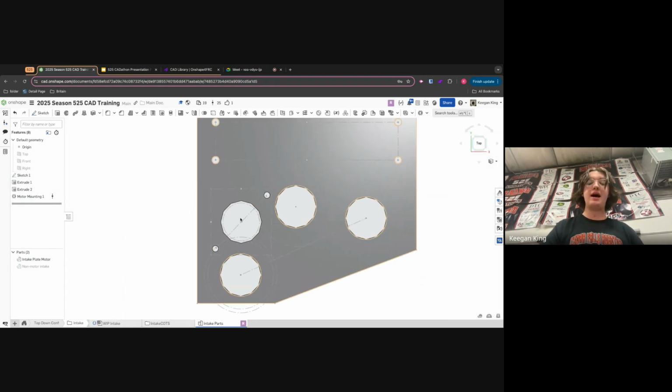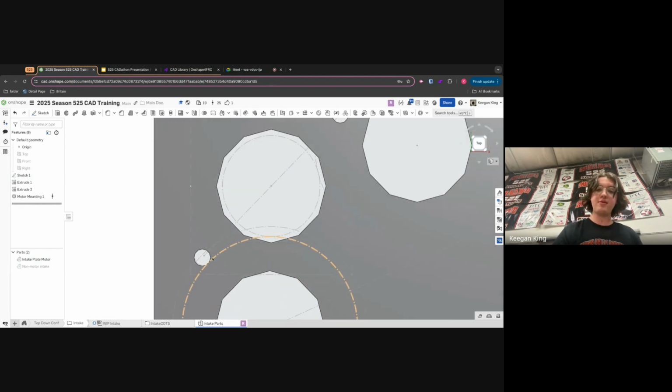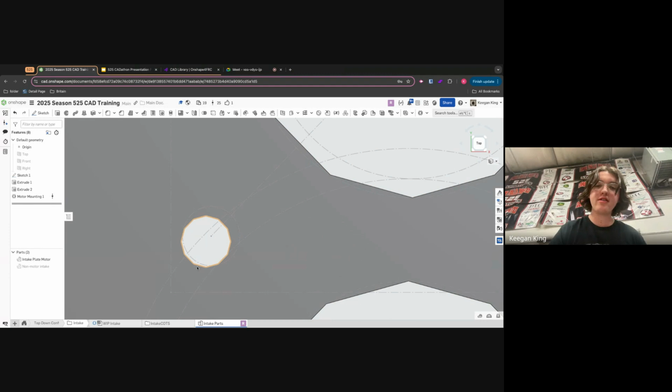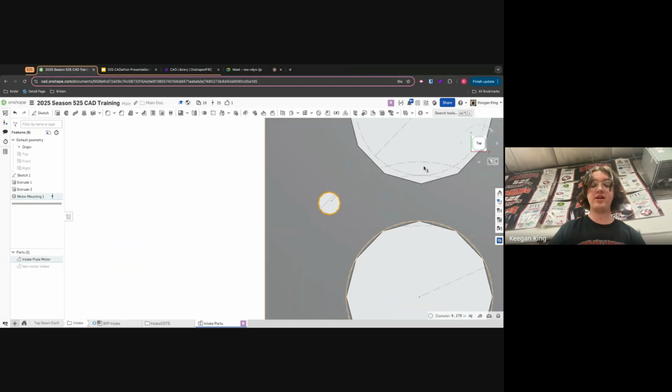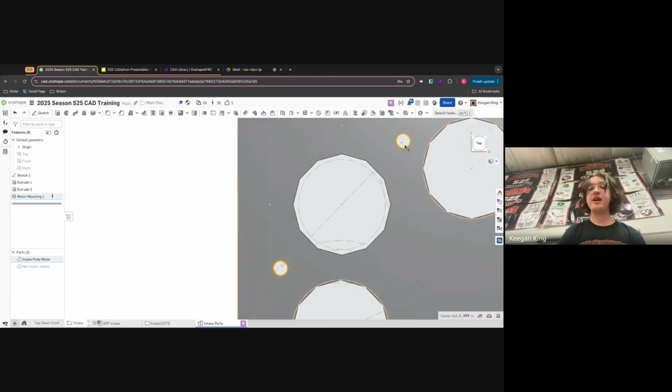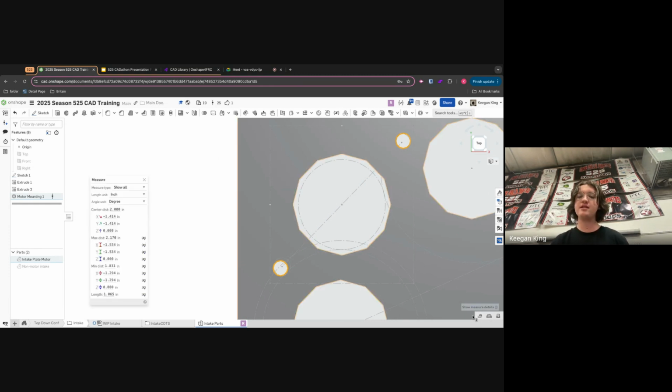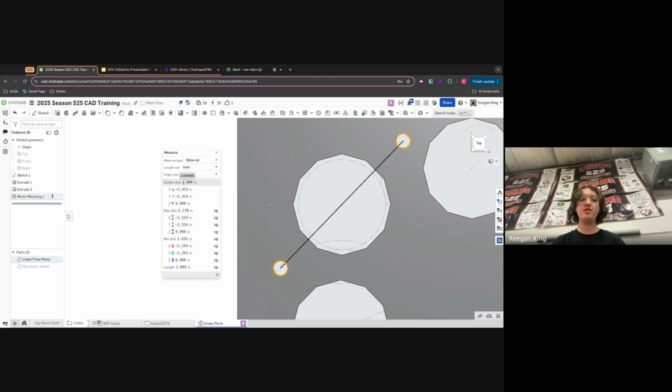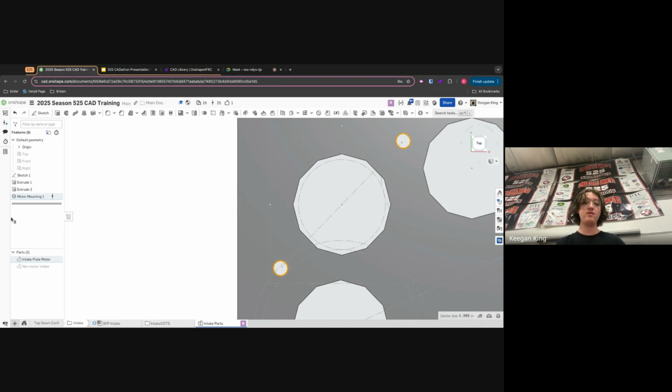And then I'm going to hit top. To fix this problem, we can click on this circle, the one we added with the motor mount generator, and then the other circle we added with the motor mount generator, and it gives us the center distance down here in the bottom right. It says center distance. We can hit this little tape measure, and it'll give us all the details. We can see the center distance is 2 inches, broken up by these segments in the X and Y direction. The max distance and the min distance, but all we care about right now is the center distance, 2 inches. So I'm going to hit X to exit out of this dimension,